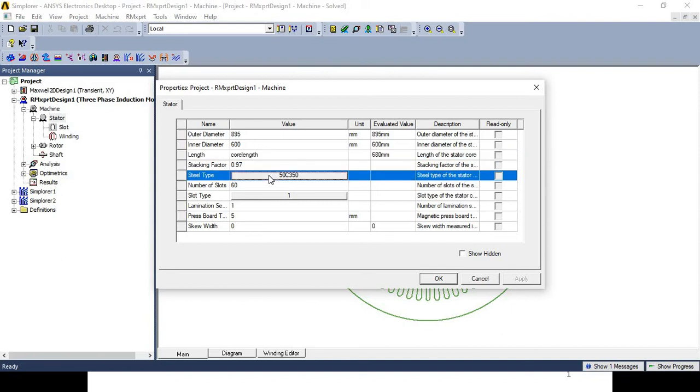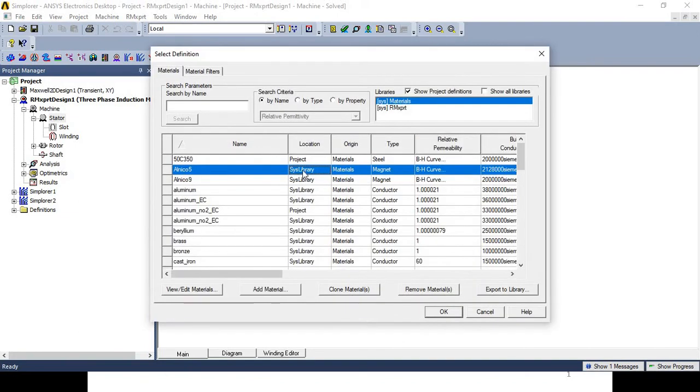In the case of the material, if you double click on the material option, there is a list of different materials.